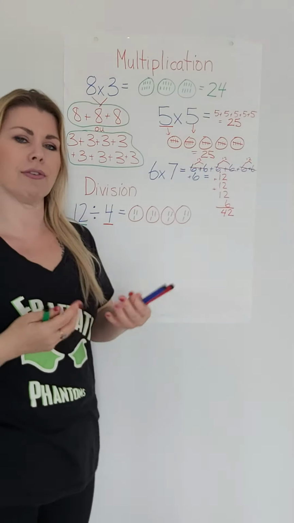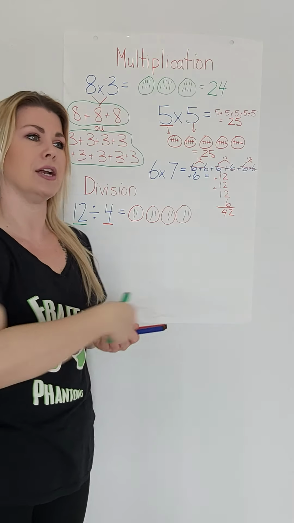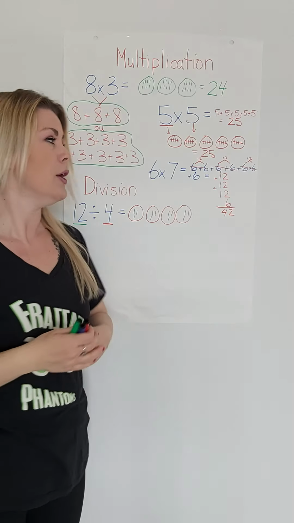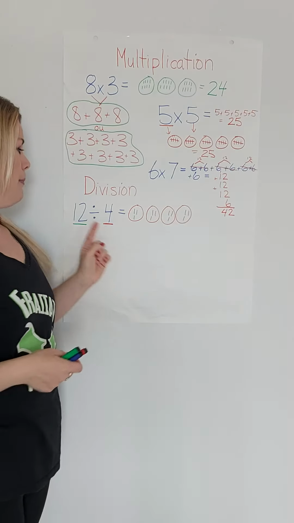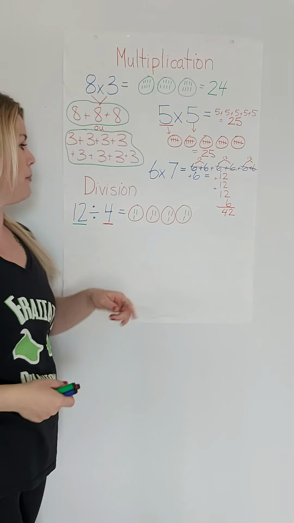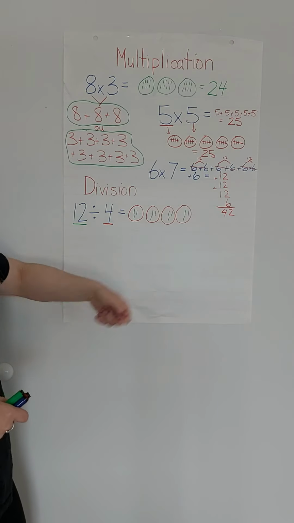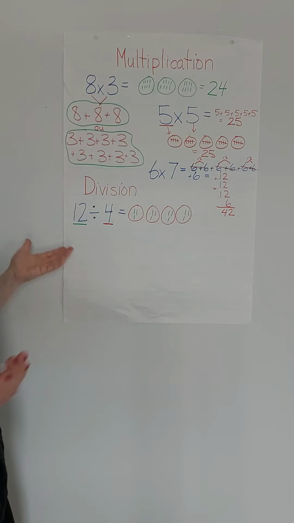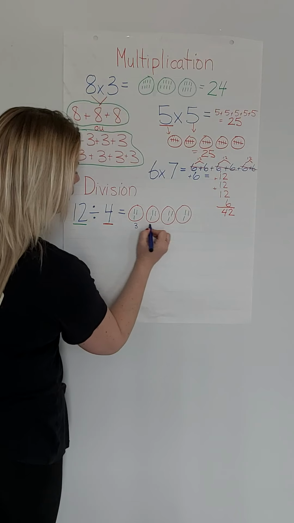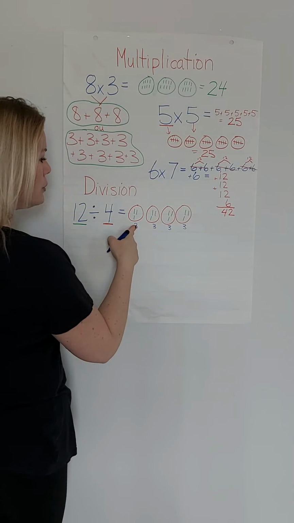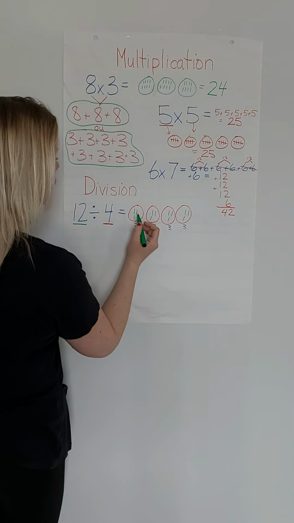Just like when you have a deck of cards and you're giving it out to each of the players, you do 1, 1, 1, 1, then 2, 2, 2, 2, until all the cards are done. So really what you're pretending is that you have 12 cards, and you have 4 people playing the game, and you're dividing those 12 cards out to those 4 people. So here are the 4 people, and here are the 12 cards. I'm dividing 1 to you, 1 to you, 1 to you, 1 to you, then the second one to you, until I'm done counting to 12. So then I can see how many are in each one. We see that it's 3, 3, 3, and 3. So how many are in each one? 3. So 12 divided by 4 is 3.